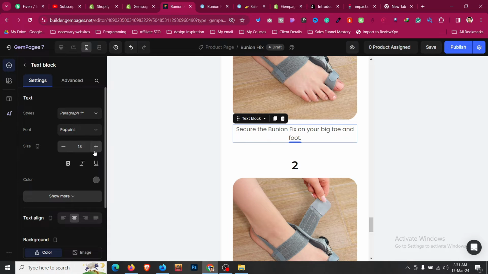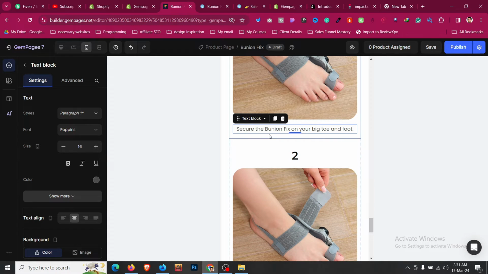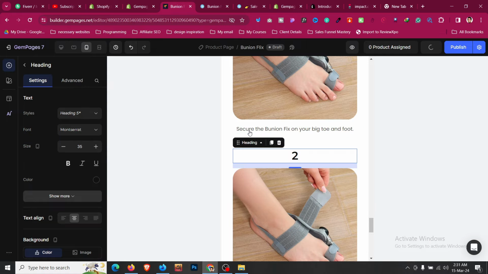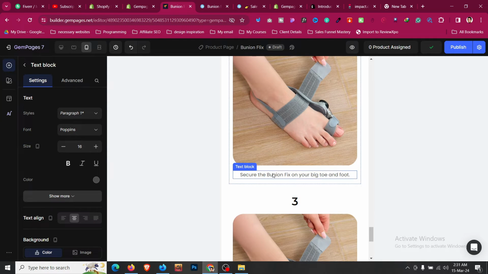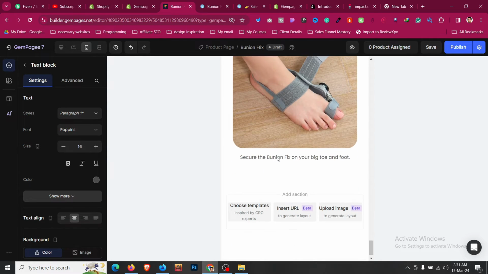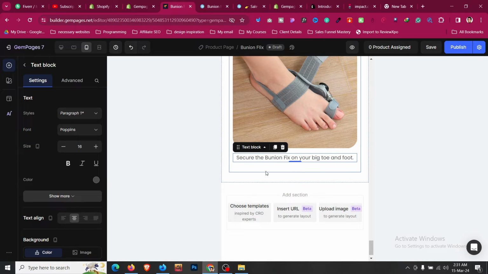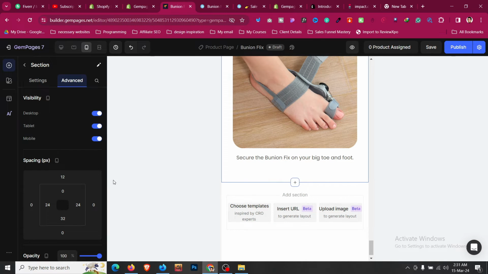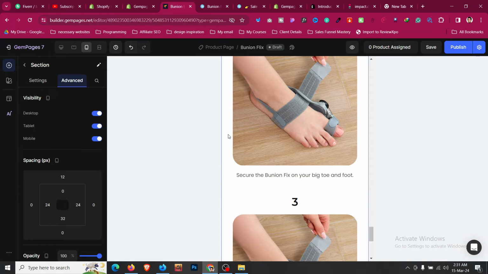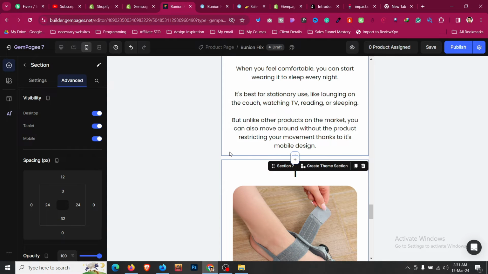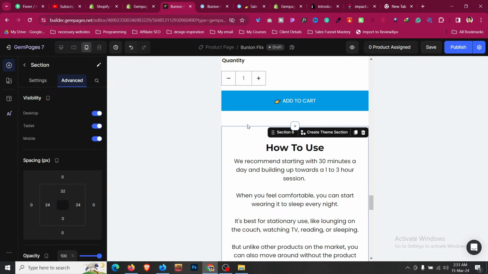And let's make it 16. Right click on it, copy style, right click on it, paste style, right click on it, paste style. So this is already there, so fantastic, and this is good, right? Okay,